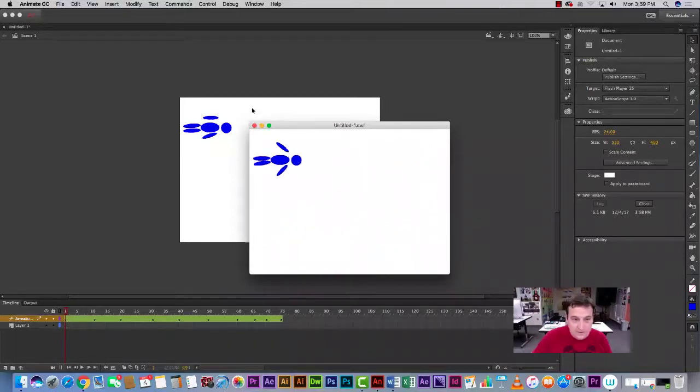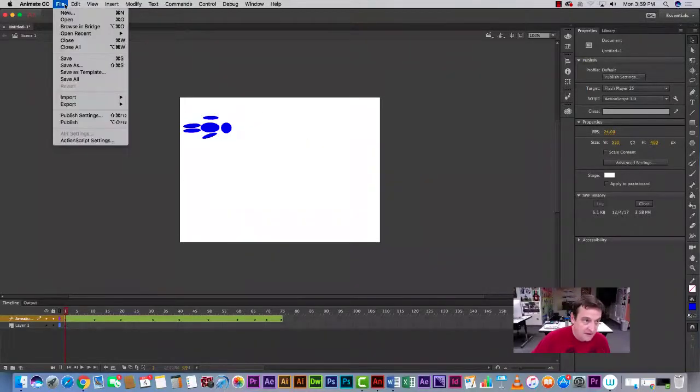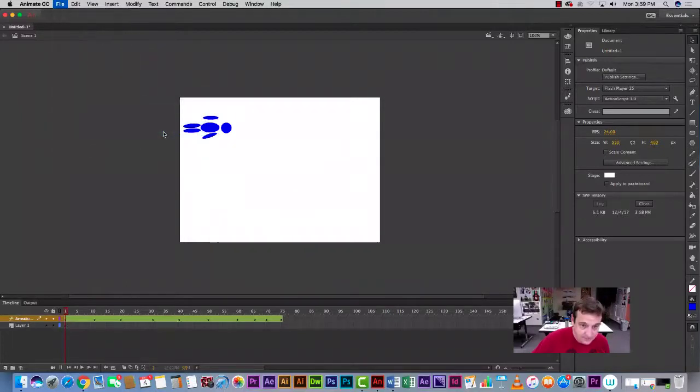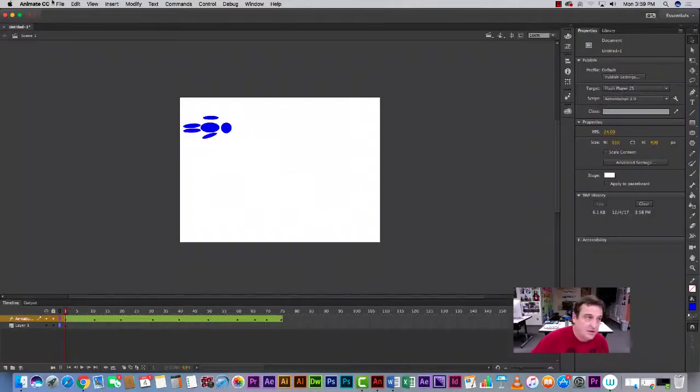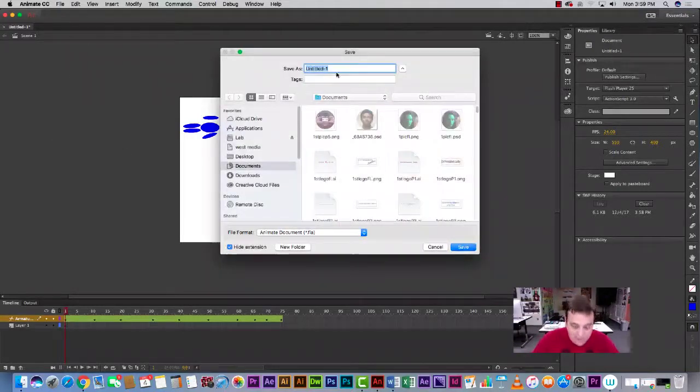All right. When you're done, you want to file, export, animated GIF. All right, make sure transparency is unchecked. Save it as PuppetFL. And then, of course, you're also going to save this project, file, save as, and we're calling it PuppetFL,